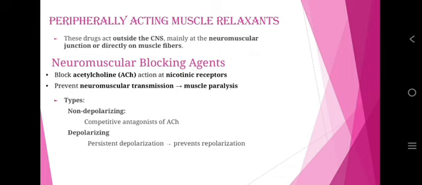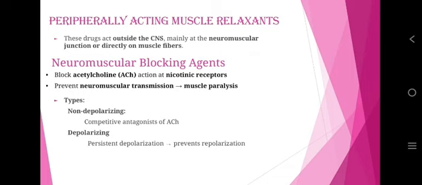This neuromuscular blocking agent blocks acetylcholine action at nicotinic receptors. It prevents the neuromuscular transmission. This prevention leads to muscle paralysis. These neuromuscular blocking agents are classified into two main classes. They are the non-depolarizing classification and the depolarizing classification. The main drug involved in the non-depolarizing classification is